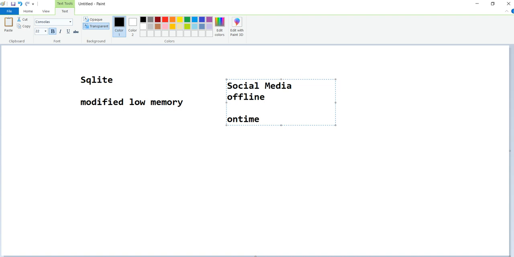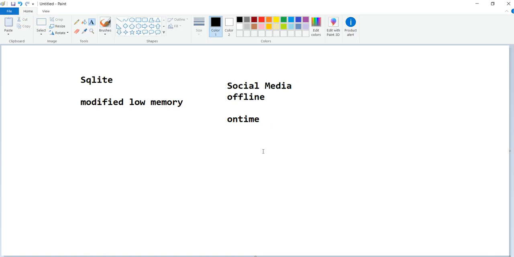If in Facebook or WhatsApp my mobile data is off, I can type a message to some person, and it waits until your device is connected to the internet. Once it is connected, that message is automatically sent to the person. I'm sending a message in offline mode, it cannot be sent at that time, so it is stored locally. When it connects to online, it is immediately delivered to the person.